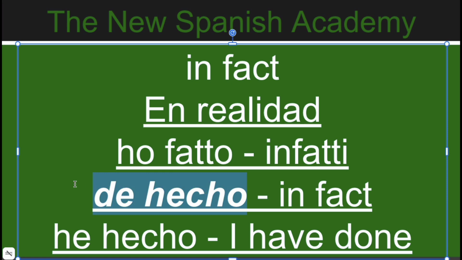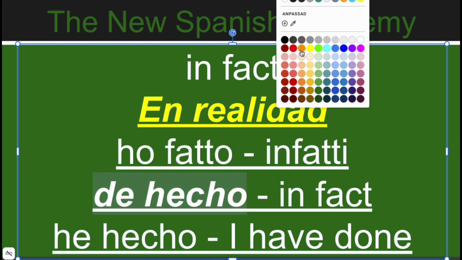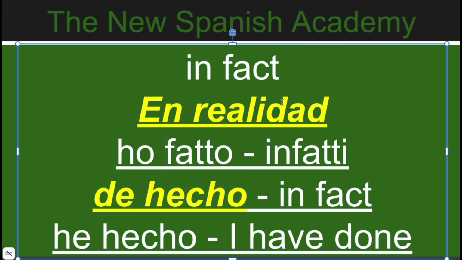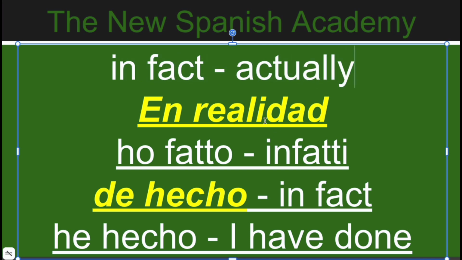de hecho. All right. It's a little bit confusing because we also have en realidad. So what I'm gonna do here is I'm gonna change the color to the ones that actually have the meaning of the word that we are looking at today, which is actually. All right, we have two meanings, en realidad and de hecho. De hecho is more like in fact, and en realidad is a little bit more like actually. All right, so if you want to sound smart,